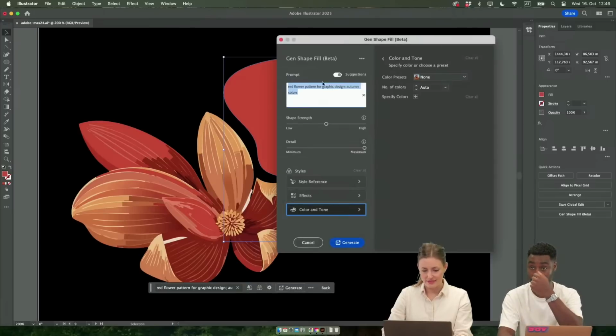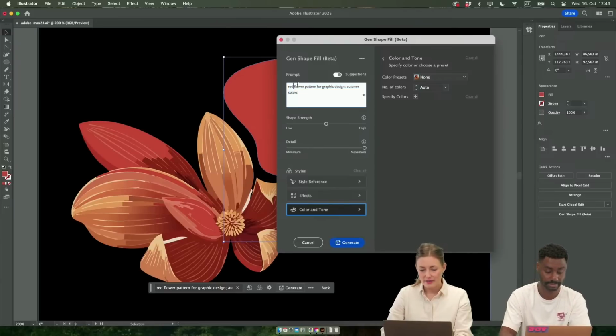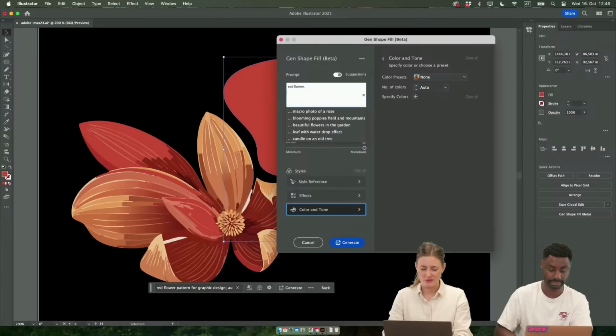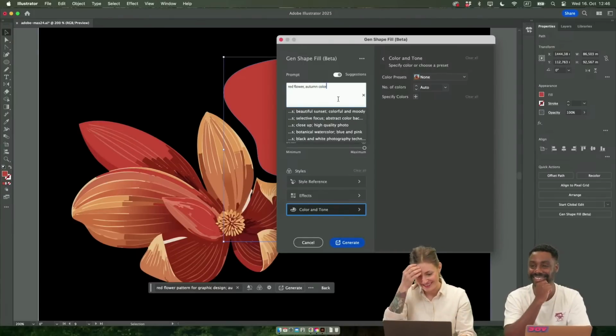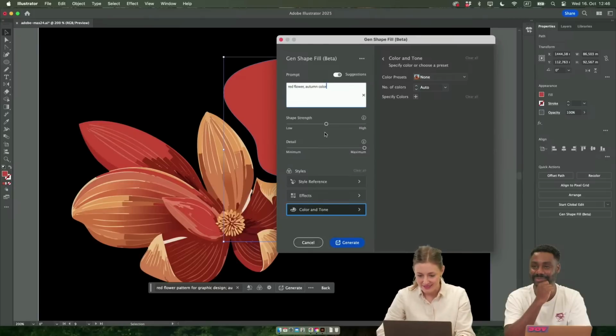Okay, let's have a look at the details here and change the prompt a bit. Red flower. Okay, let's stick to the autumn colors. I missed out that we used that in the prompt. That's why it looks like autumn and not as red as I want it to be. We go back a bit with the shape strength, and we do a very minimalistic style, no reference yet,